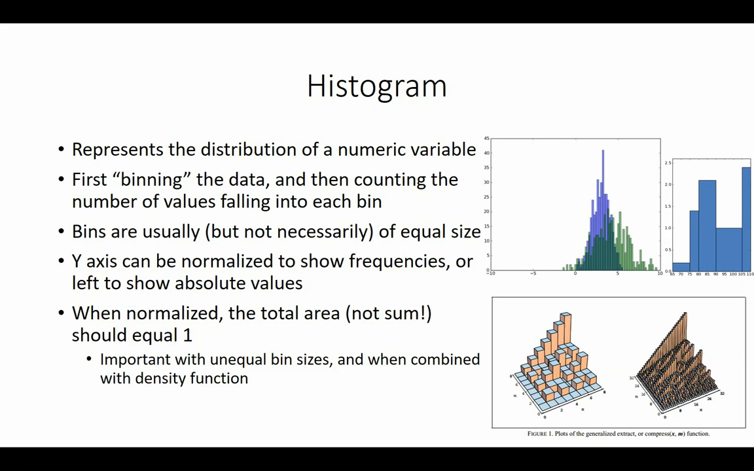And the y-axis sometimes will be just the raw counts that you get, or it can be normalized in some way. When it's normalized, typically you will see that it's normalized such that the total area of the histogram equals 1. It's important to understand that it's the area, it's not the sum. And that's especially important when you deal with unequal bin sizes. That's a way to force it to being some probability density function. So the overall probability should be 1,